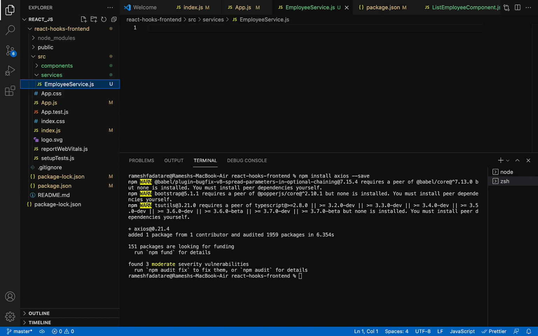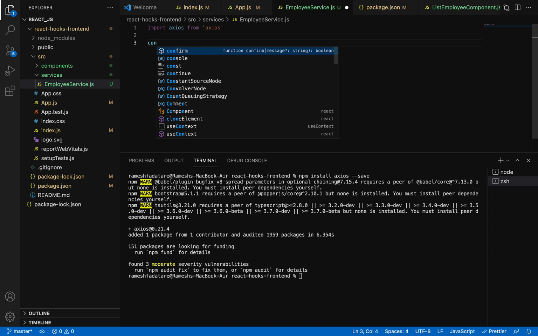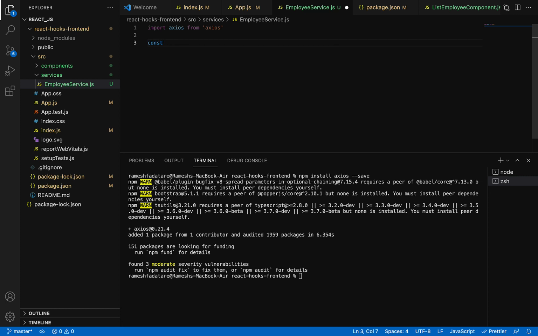Head over to employee service.js, and within this file we are going to import axios from 'axios'. Great. Here we are going to define one constant with the base URL of the REST API. Let's call it EMPLOYEE_BASE_REST_API_URL.